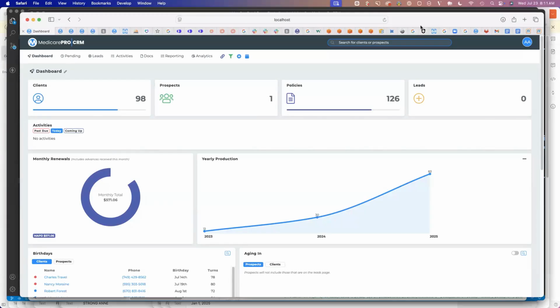Let's dive in. I will do a general overview, a bird's eye view of the agent platform in Medicare Pro. Of course, we have two different platforms, the agency and the agent. The primary difference: the agent-only platform is for agents managing their clients, and the agency platform is for agencies to manage their downline agents. If you have the agency platform, it also comes with the agent platform where you can manage your own book